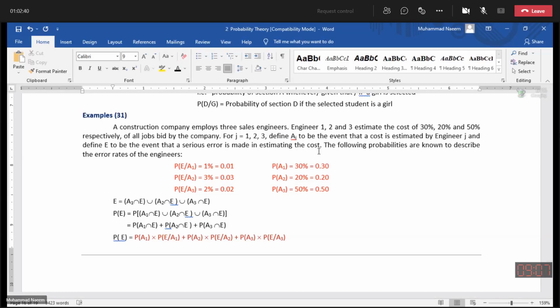We need to calculate who is responsible for this error, for this loss. So we cannot blame any person for the whole loss. Actually, we need to calculate here